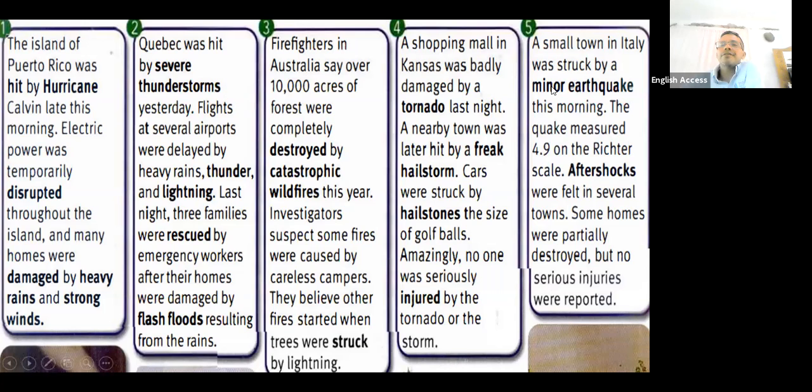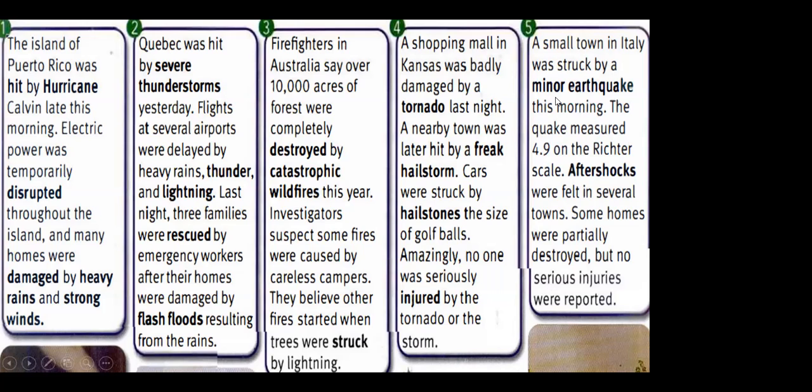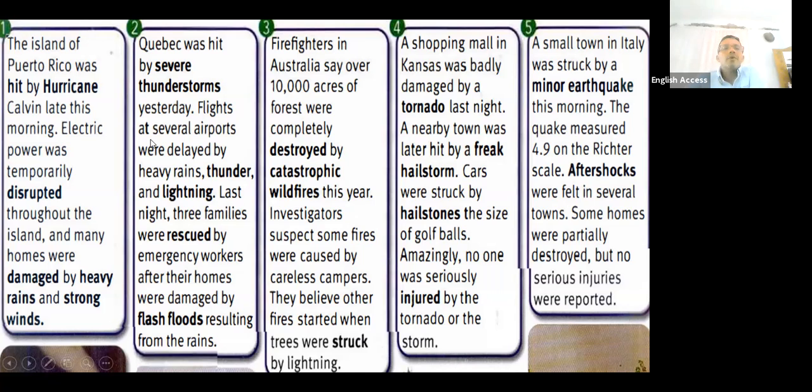Excellent. Yes, this is minor. Yes, minor. Good job. Okay, questions about the bold words. You have words in bold. Remember, bold words are like the ones that are in blacker color, like this: hurricane, heat, disrupted, damaged, heavy